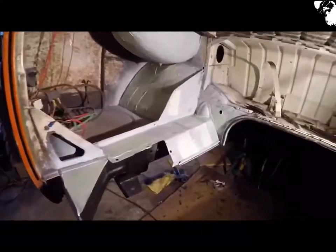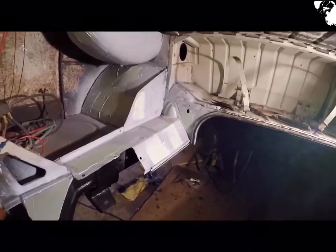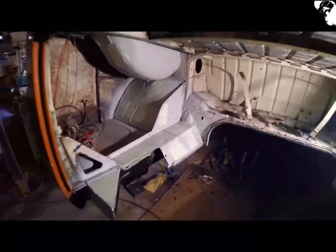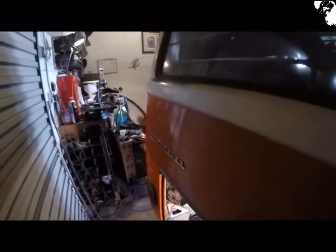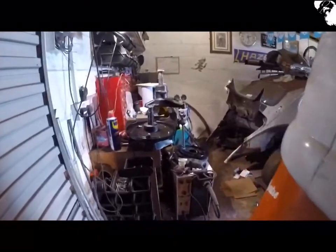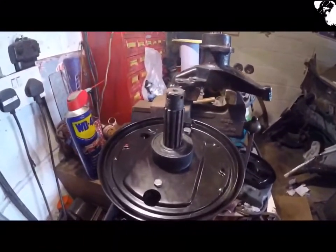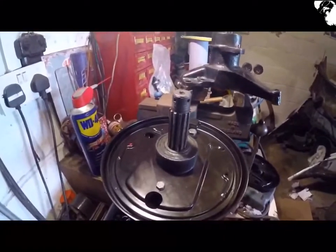Just been getting a little bit carried away in this engine compartment now. I won't show you too much of it, but there's a few areas that I want to smooth out, so I've just thrown some dolphin glaze down, waiting for that to dry. Hopefully one day I'll be able to lift the lid of the engine bay and be a little bit proud of what's in there. And I've also got the rear bearing carrier back for the offside,